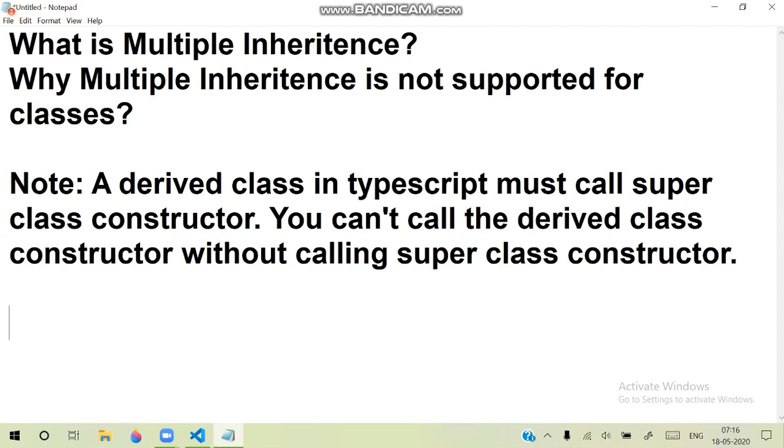So in the last session, we discussed single inheritance and multiple inheritance. Another important one is multi-level inheritance.